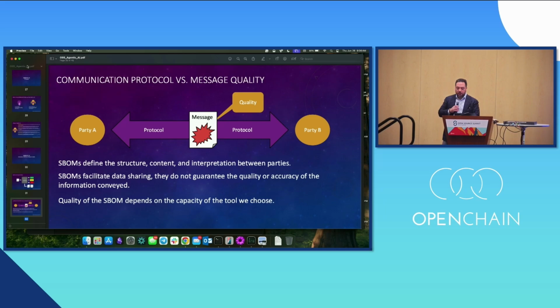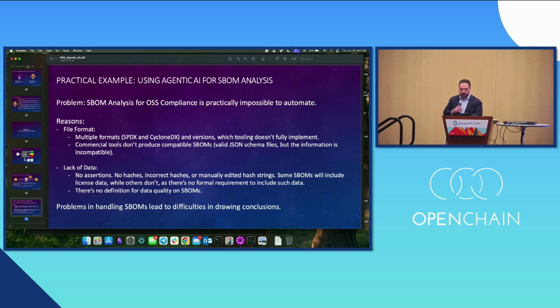The truth is that it doesn't work that way, because SBOMs are a transfer protocol. It doesn't mean that the information in the transfer protocol and the file will be correct. It will lack quality in some cases. So you need to recreate some of the information based on the inference that you can do. In order to do that in a practical way, thinking that the SBOM is what we're going to assess,